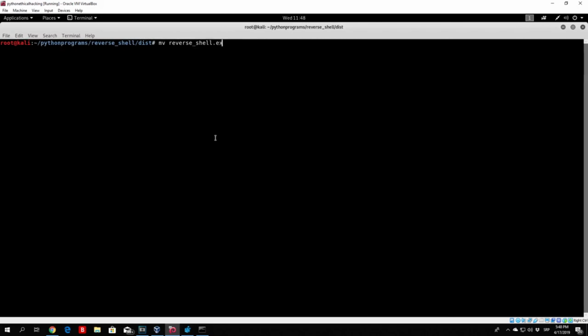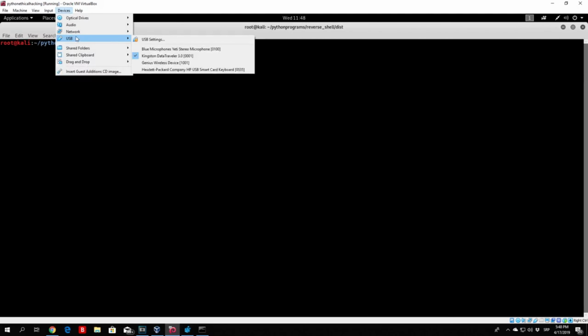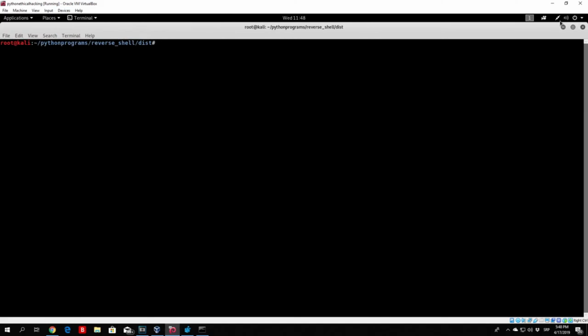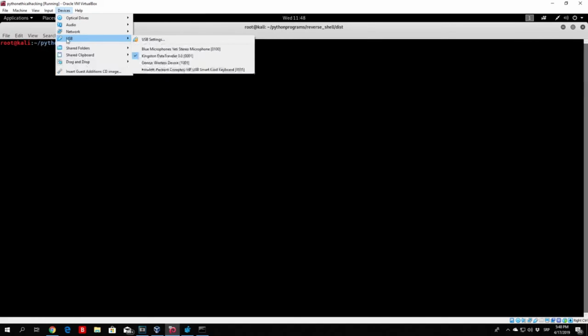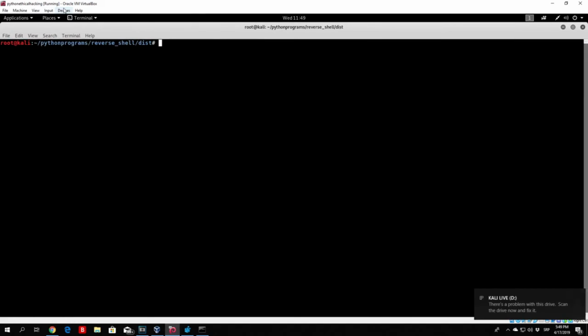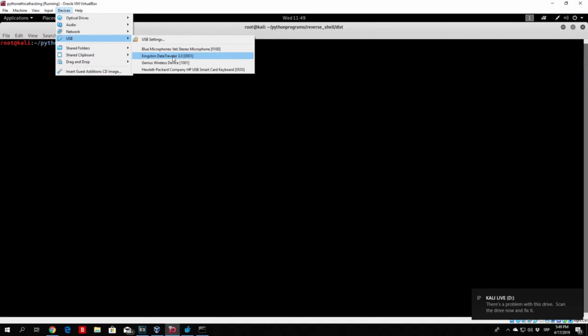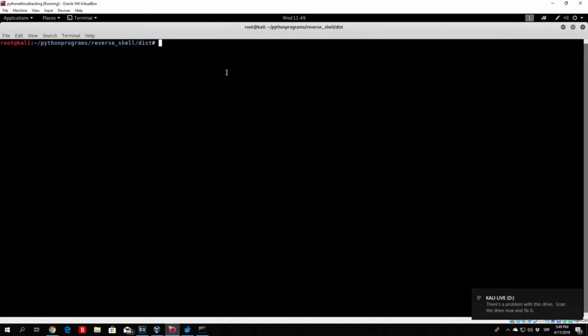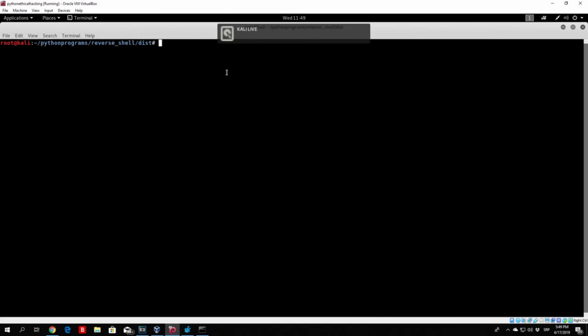Let's see, why is it not plugged in yet? So USB, let's unplug it and plug it again. For some reason it won't plug in. Okay, so let's wait for it to plug in. There it is. Right now if we move the reverse shell to media, root, Kali live,